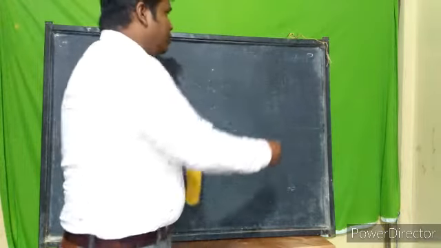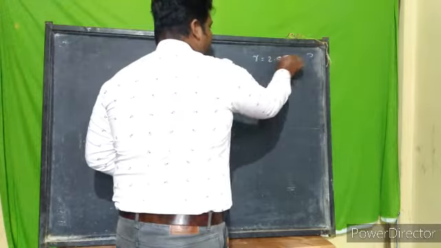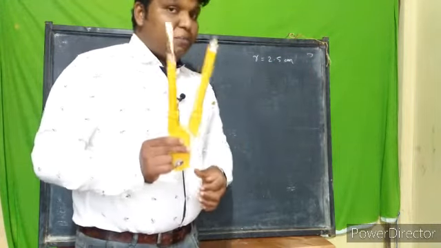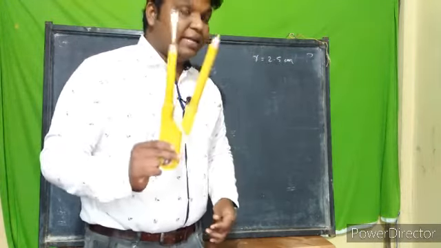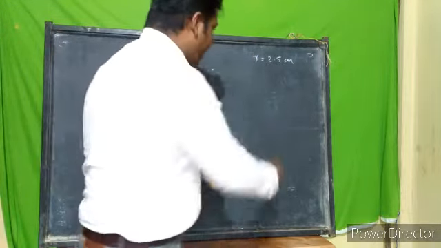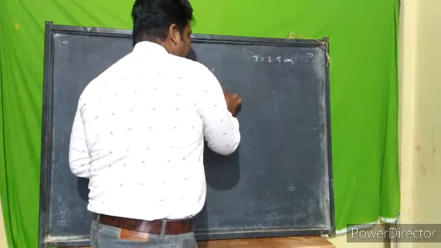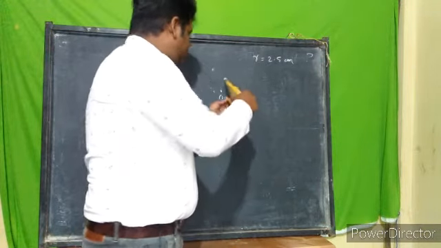Just imagine that you are asked to draw a circle with radius 2.5 centimeter. So first of all, you will have to take a measure inside your compass, 2.5 centimeter. It measures exactly, the radius should be 2.5 centimeter. And using a center, just imagine that this is the center. I'm taking this O. And what you have to do? You have to draw a circle.